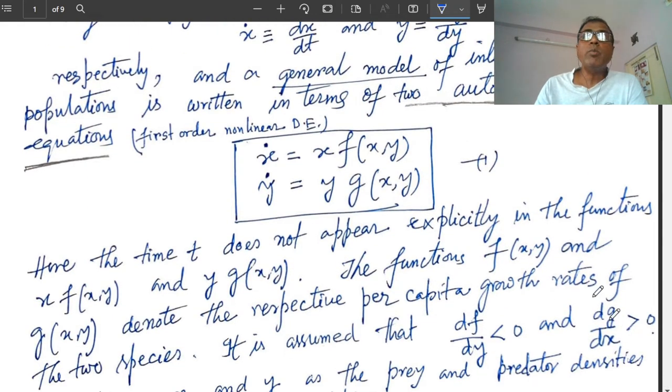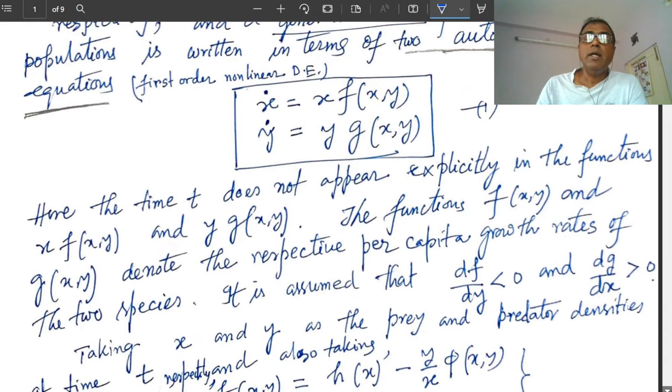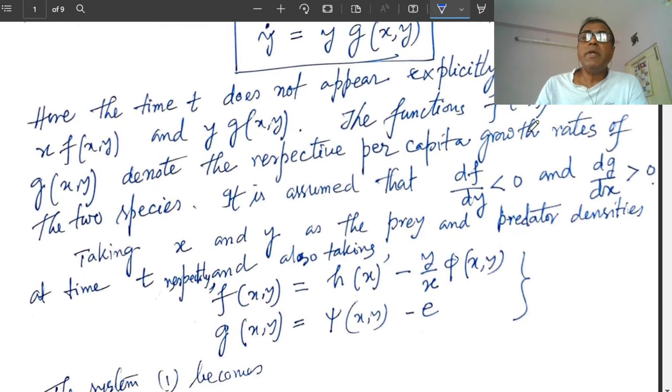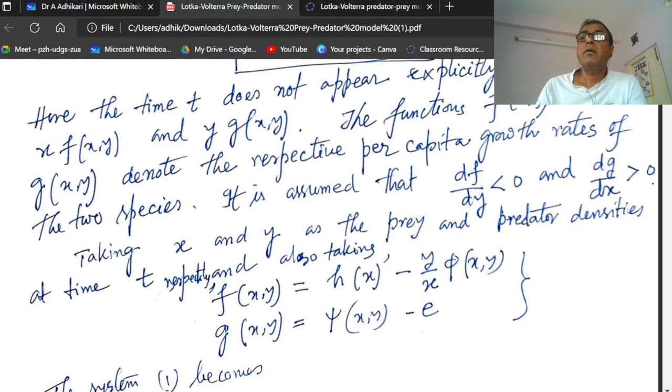Here autonomous means that in the right hand side of the system 1, time t does not appear explicitly in the right hand side of the first equation and second equation. The functions f(x,y) and g(x,y) denote the respective per capita growth rates of the two species, because